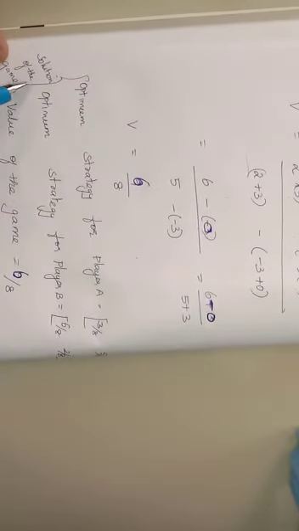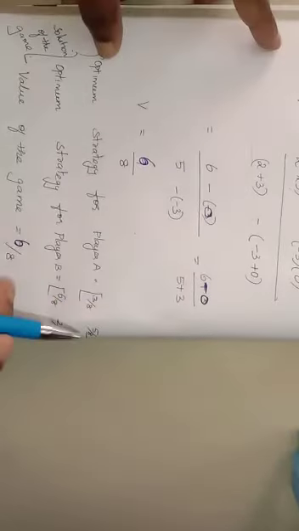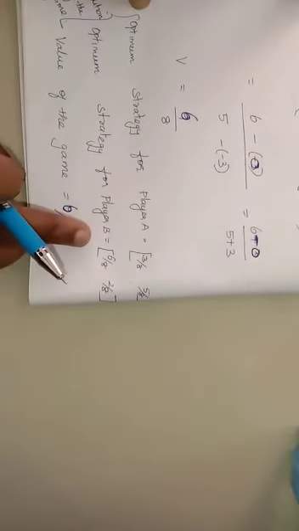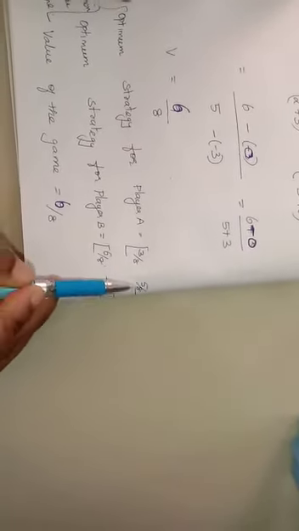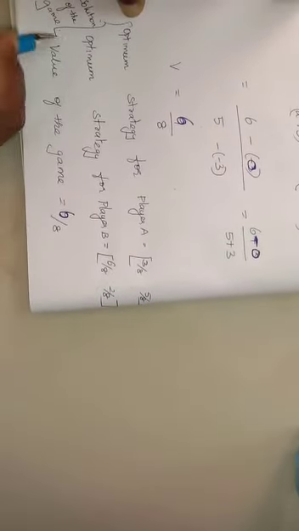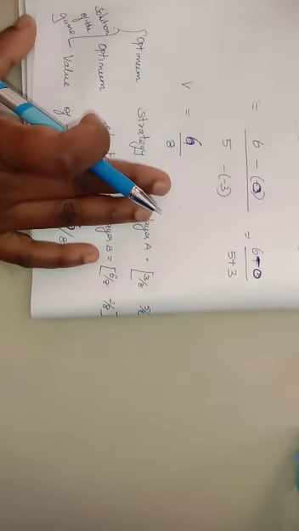So now what is the solution of the game? You have to write the optimum strategy for player A as 3 by 8 and 5 by 8. Then the optimum strategy for player B is 6 by 8 and 2 by 8. And the value of the game is 6 by 8. That is P1, P2, Q1, Q2 and the value of the game. If you write all these things, it will give you the solution of the game. So before using the formula method, you have to find whether the game is with saddle point or without saddle point. Thank you.